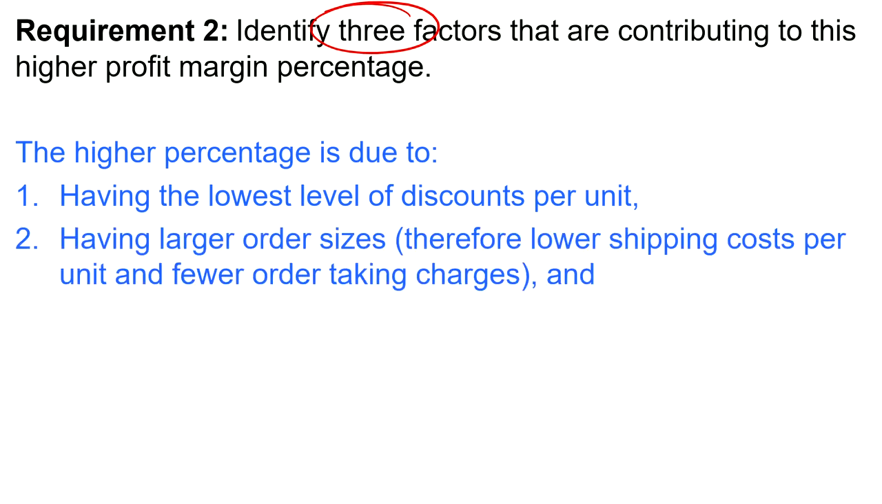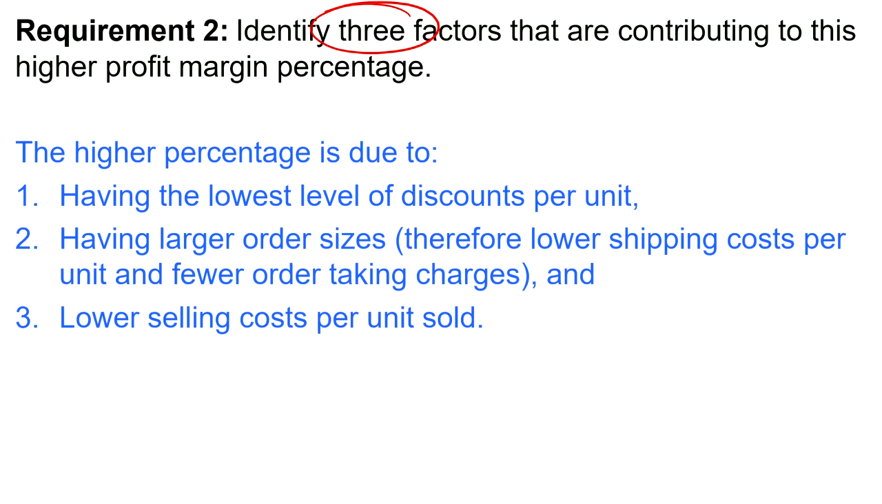Second, having larger order sizes, therefore lower shipping cost per unit and fewer order taking charges, is going to give us that higher profit margin percentage. Okay, we talked about that, the fact that the orders were the largest. And then there's a lower selling cost per unit sold, and that's back on the second table that we looked at. They have $300 of selling costs, and company A has $500 of selling costs, so they just have lower selling costs. Okay, so lower selling cost per unit sold is also going to help company C have their higher